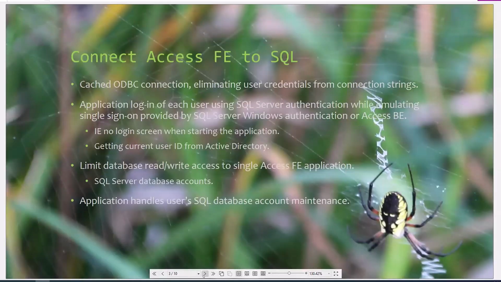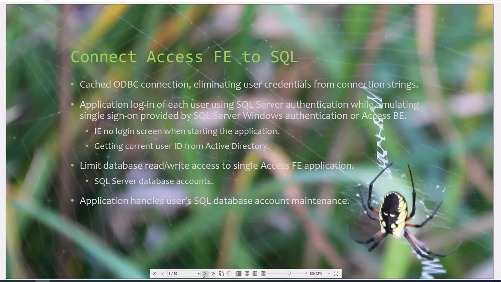What we're doing is slowly transitioning our application to SQL Server, and I wanted to make it more secure, in that only that application would have read-write access to that database. I want to also make it secure if someone opens it up, with a password. So obviously cached connections is the way to go for that. But I didn't want to have a login, which, one, they don't have to log in now, and two, they can easily open up that database in Excel or Word and edit anything else they want to do with it. So I wanted a single sign-on like you would get with Windows authentication,